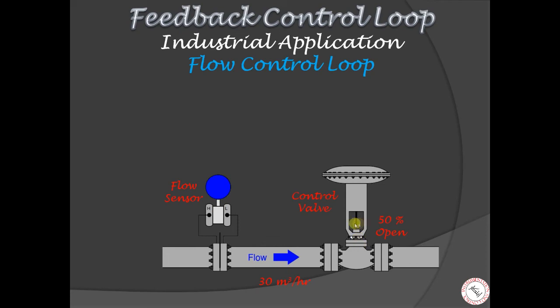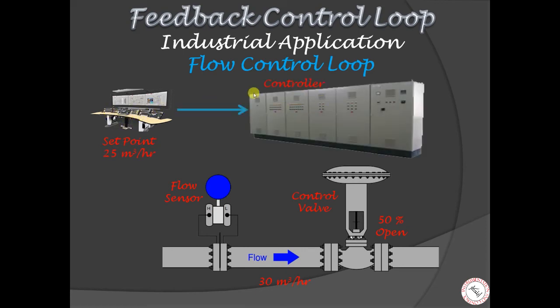An operator in the control room sets a set point of 25 meter cube per hour from the operator console. This set point goes to the control station or the controller in the rack room. A feedback signal also goes to this controller from the flow sensor in the field. After comparison of the set point and the feedback signal, the controller decides to reduce the opening of the control valve to reduce the flow rate in the pipeline, and accordingly an output signal is sent to the control element